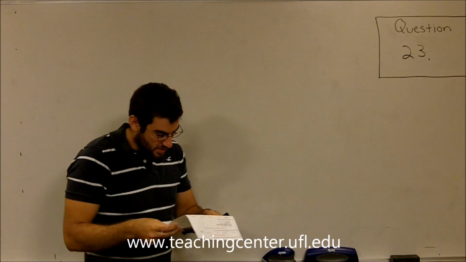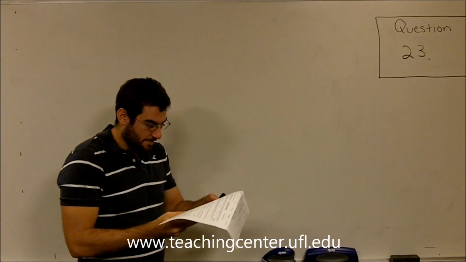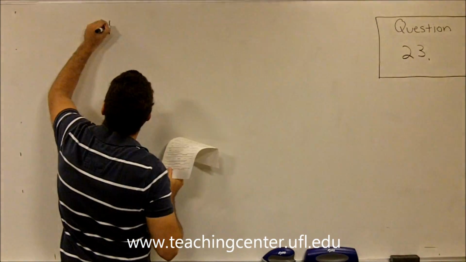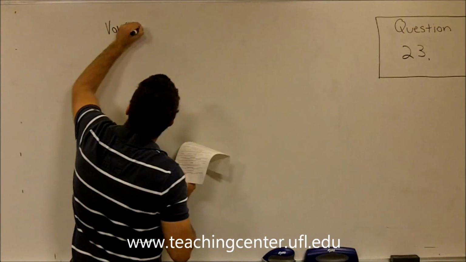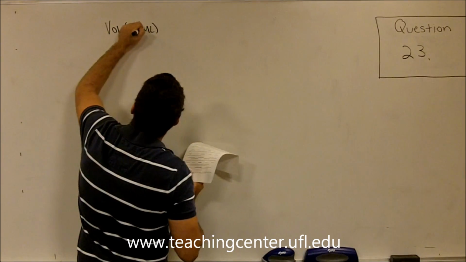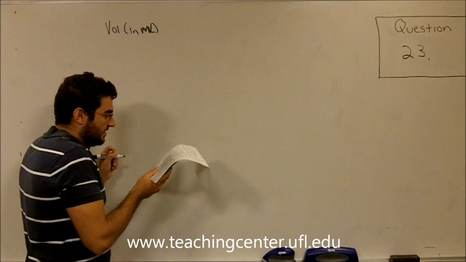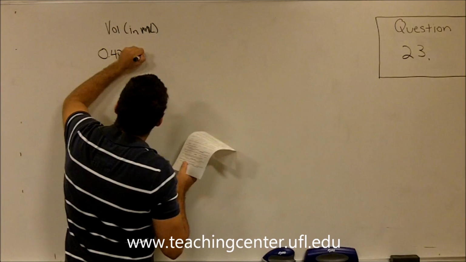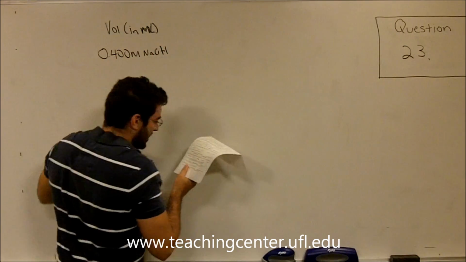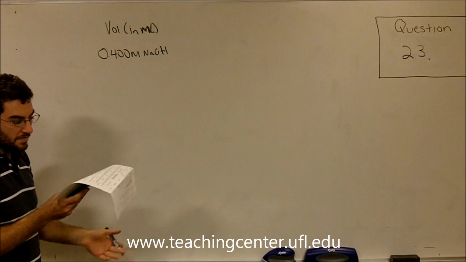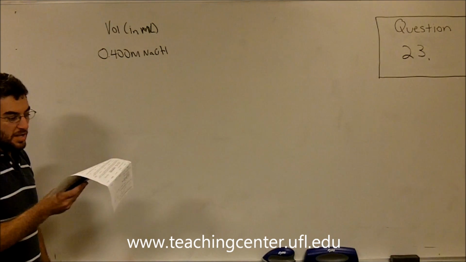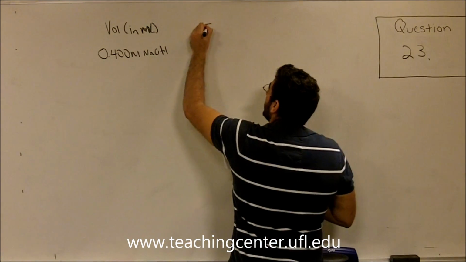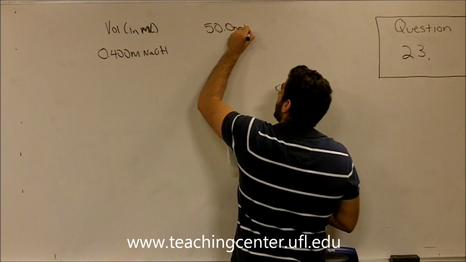Question number 23. Question 23 wants us now to apply mixing acids and bases. It says, what volume, so we're looking for a volume in milliliters, of 0.400 molar sodium hydroxide is required to titrate 50 milliliters of 0.10 molar sulfuric acid H2SO4 to the equivalence point. So we have 50 milliliters of